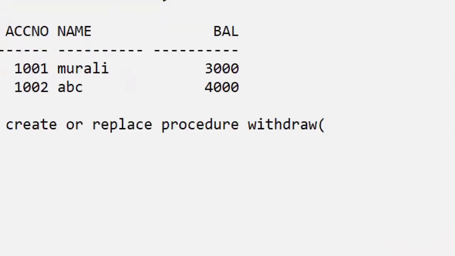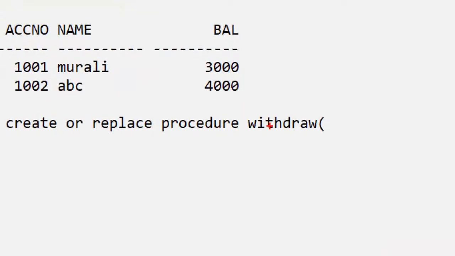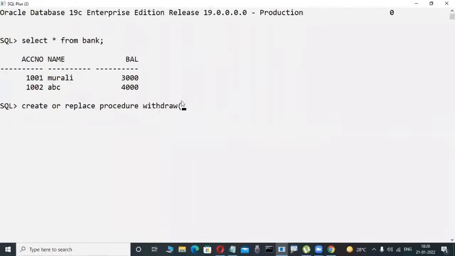In my project, I try to implement one small scenario only, withdraw. Actually, in real time, big packages contain withdraw, deposit, and all the things. But unfortunately, I'm giving only a small task in a procedure. Now here, create or replace procedure